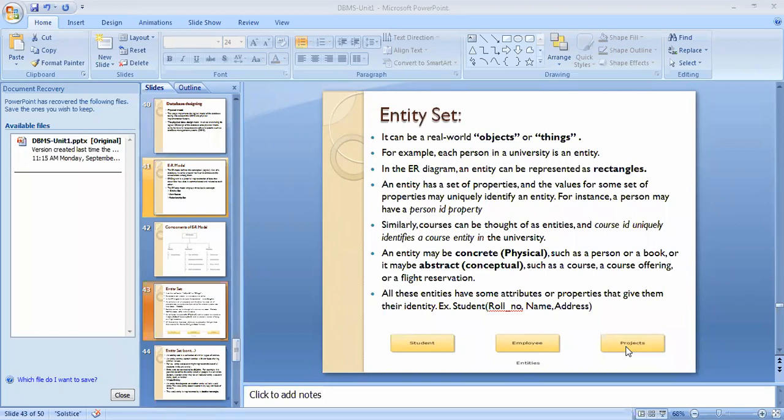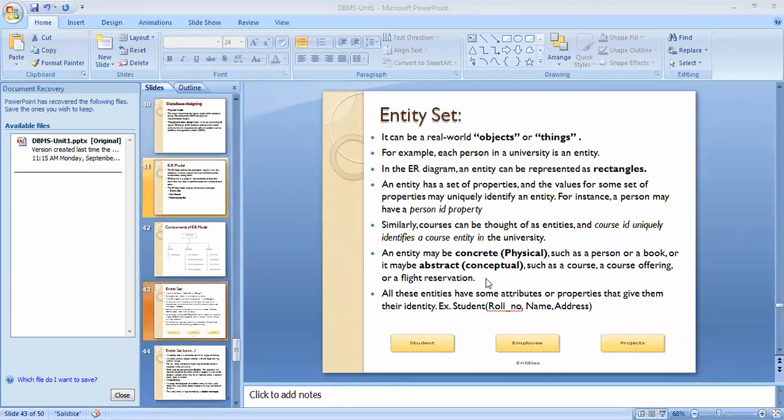According to the student as well as the course, if you think about it, an entity may be concrete. Concrete means physical. For example, person and books are physical entities, or concrete entity types.